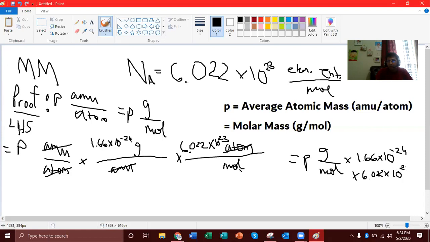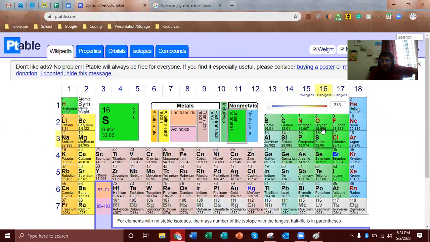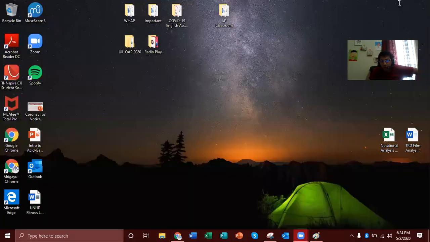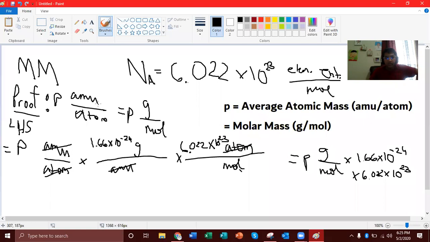But that looks like a problem at first glance, because we said that P AMU per atom has to equal P grams per mole. Otherwise, our assumption whenever we say, oh, oxygen has a molar mass of 16 grams per mole, that assumption would be wrong, because if this proof doesn't hold true for all elements, then that's a problem. So obviously it has to be true. And the reason why, if we actually do this math and calculate it all out,